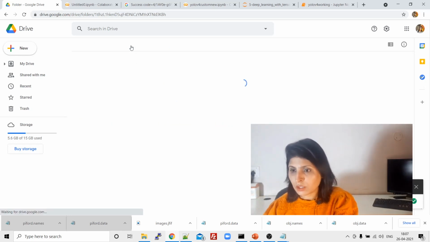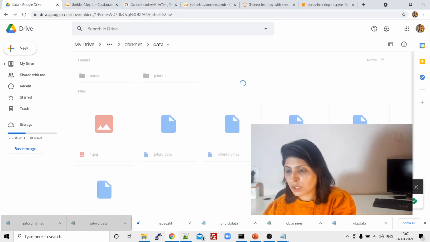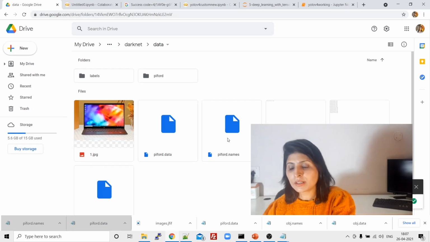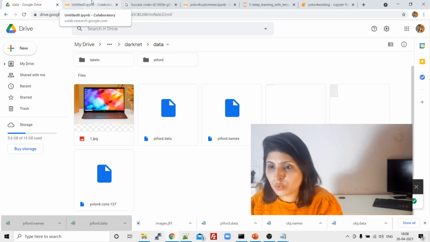All right, so this is what I was telling you. So are you clear about what we have over here? Pyfood.data and pyfood.names you will create. The train and test files will get created by themselves, and in the backup folder we'll get our backup files. Now let's move to the code again.